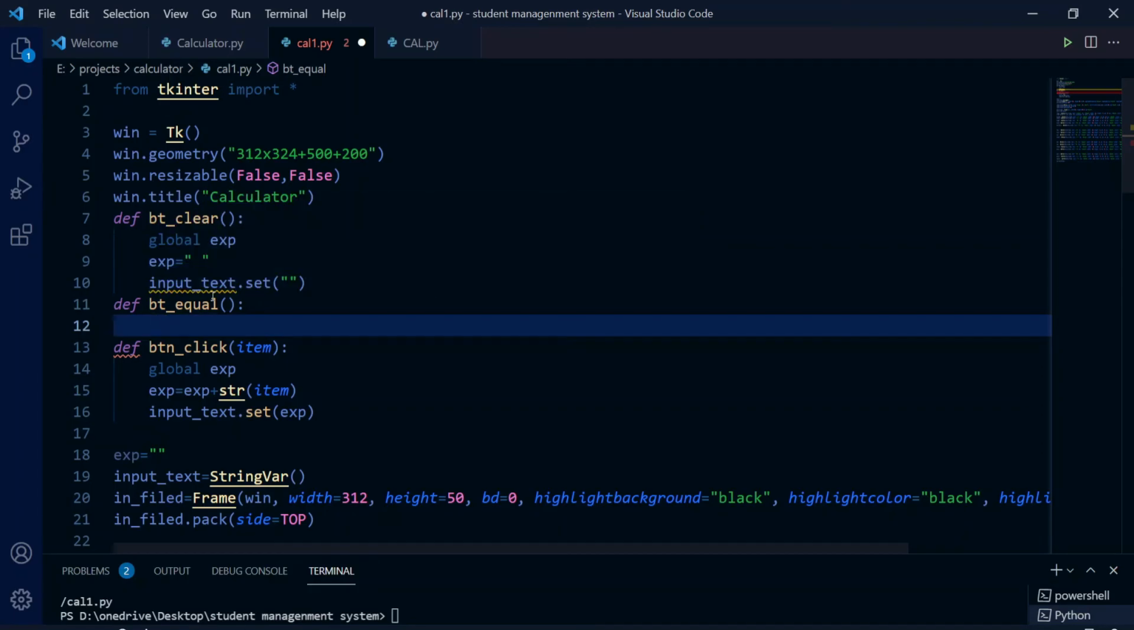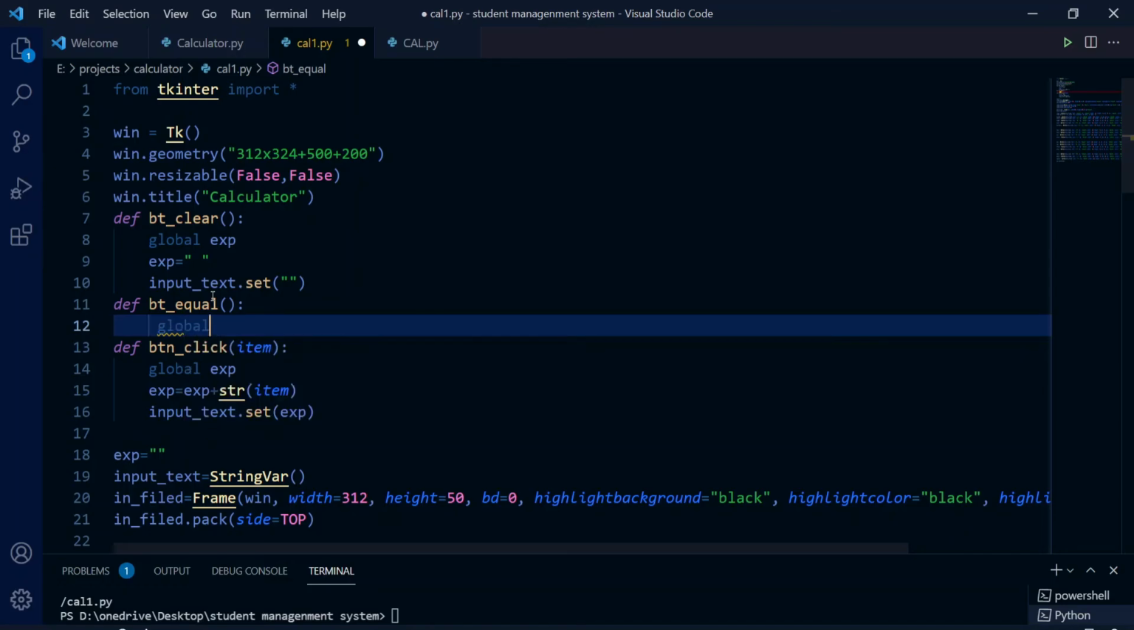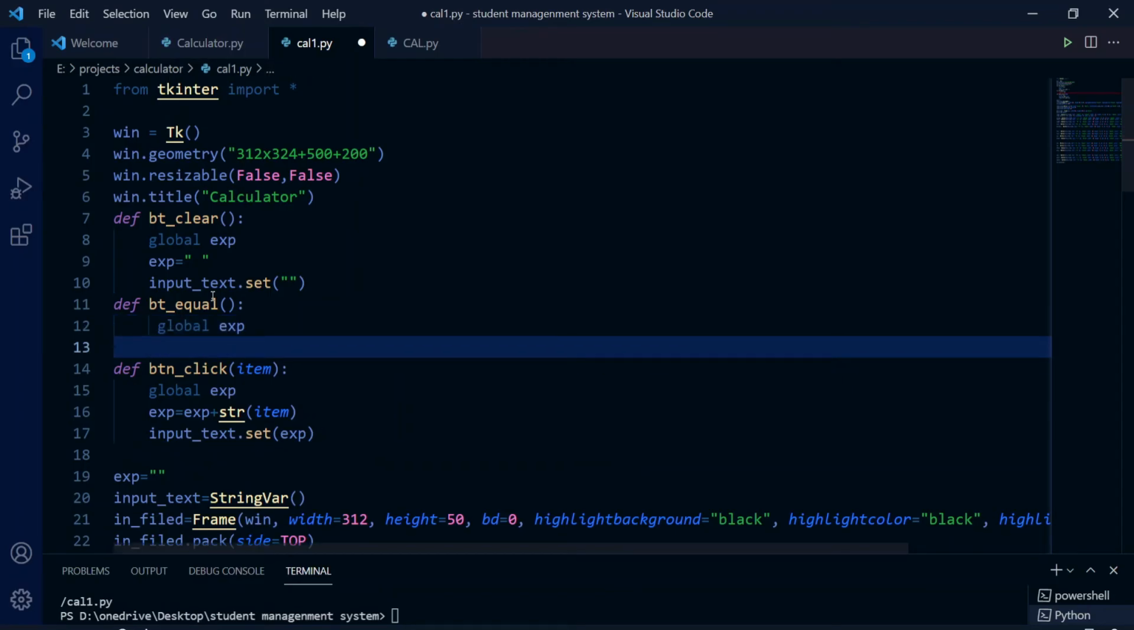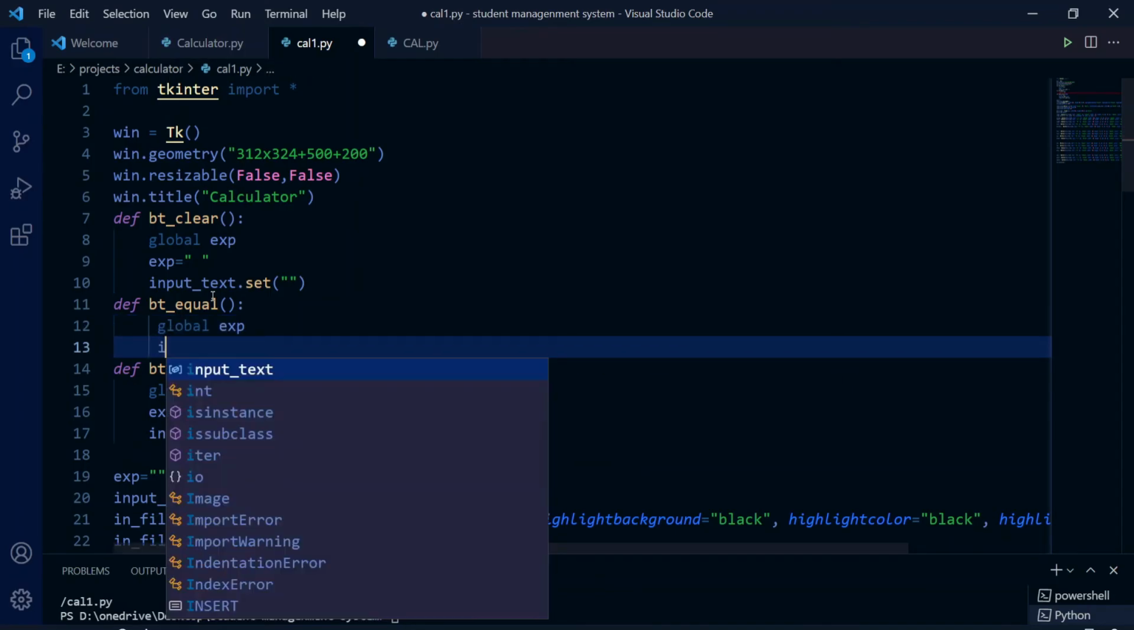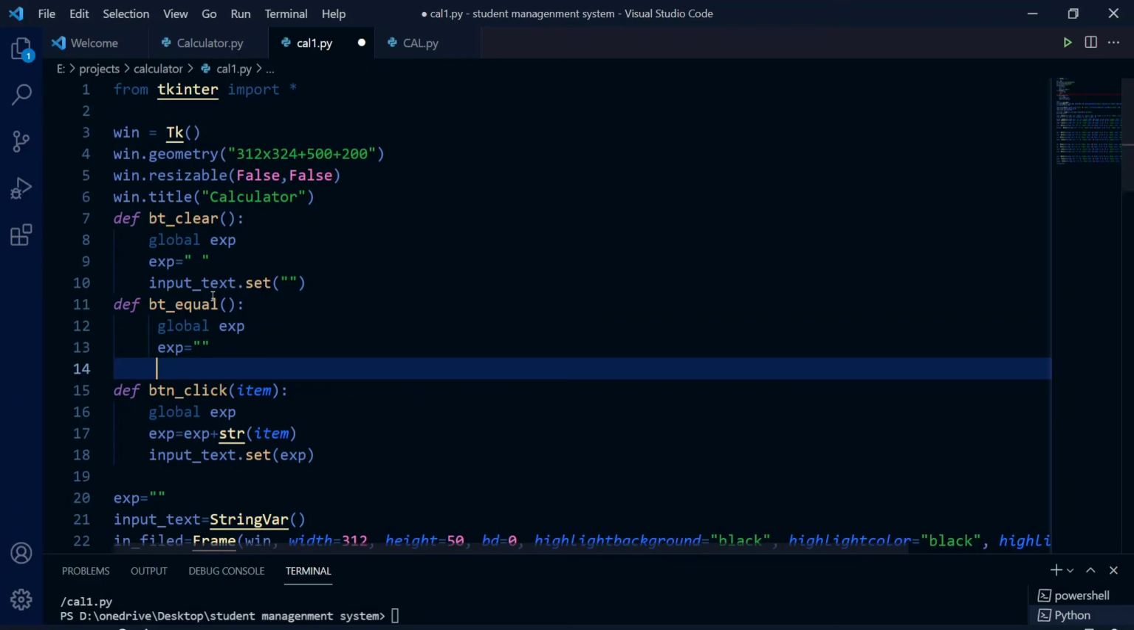So yes, again we have to say global, as I said earlier that we are going to use this exp variable in all of these three things, right? So we'll say global exp. Done. I will set this, right? Input exp is equal to empty, right? And then I will say input_text.set, and here we'll say